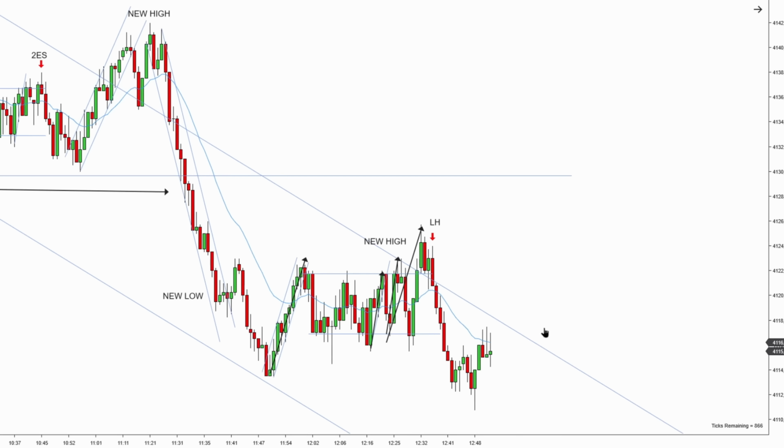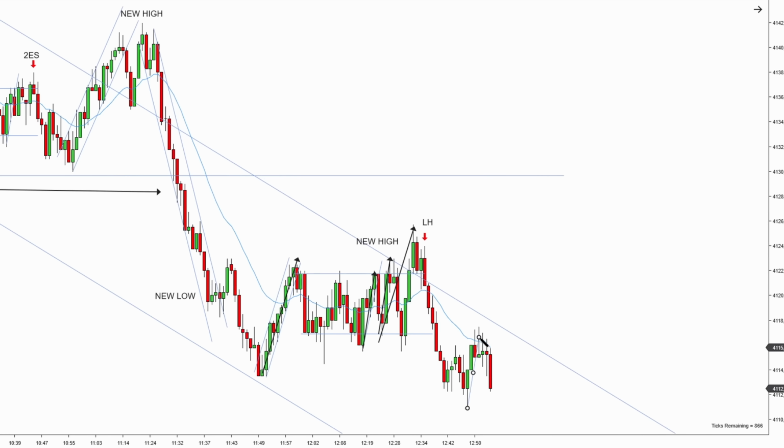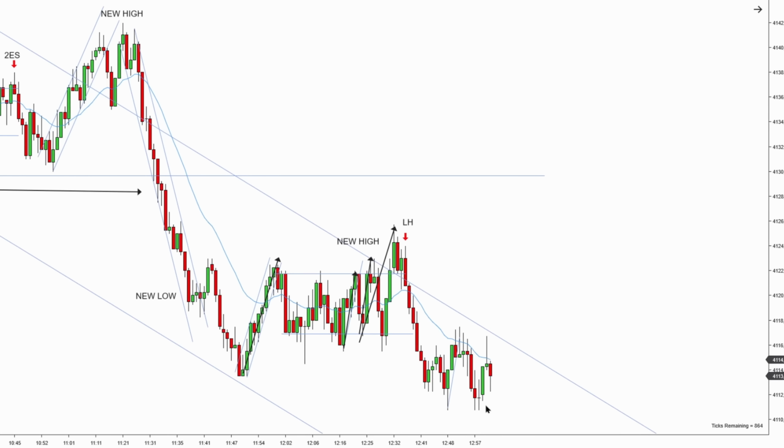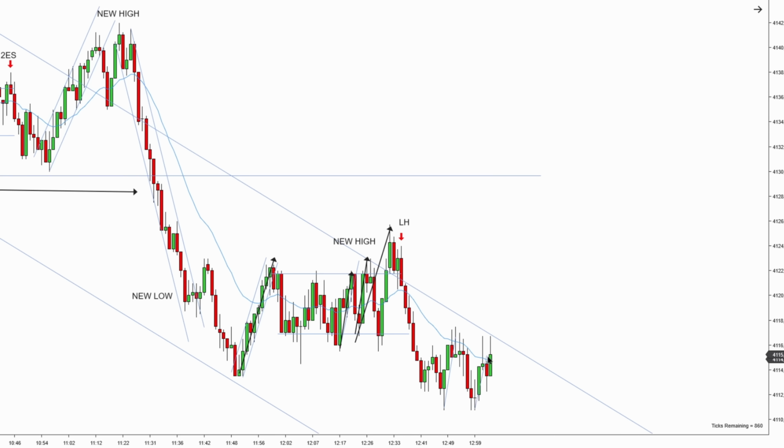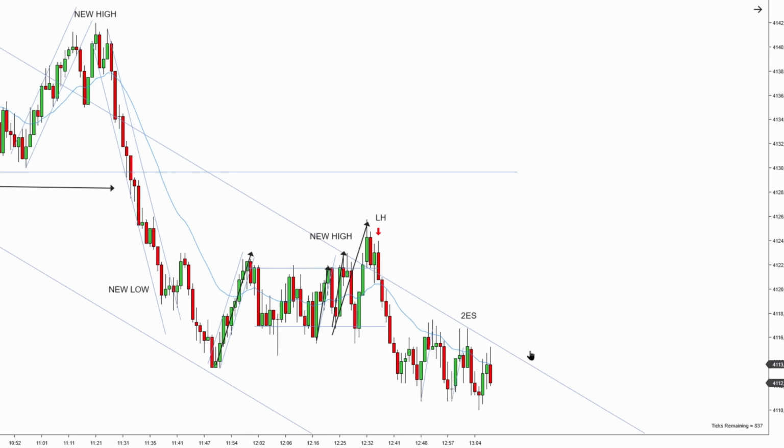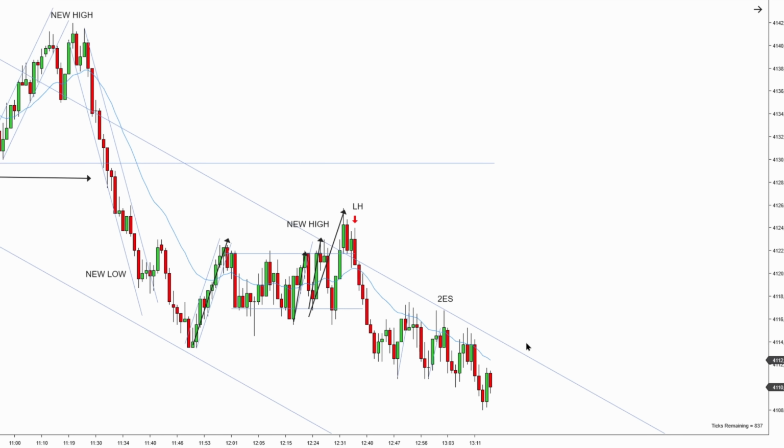Okay, and now you can see that the prices are working lower. First entry short, can we get a second entry short? We cannot. New low, first entry short, can we get a second entry short? We have a second entry short, but the signal bar is bullish, so I cannot take it. Look at this big bullish bar into a bearish bar, and it's going lower.